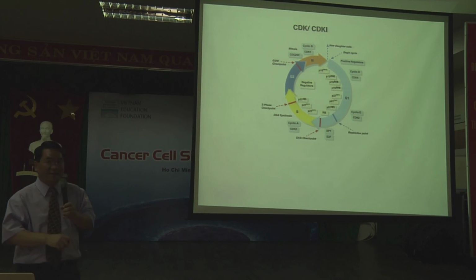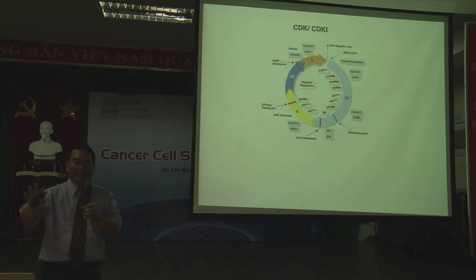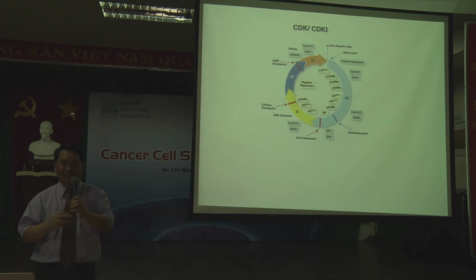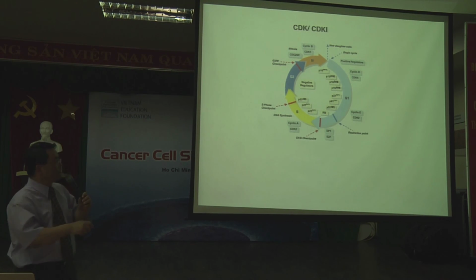So here, this slide here, to summarize all the ones I just mentioned to you, a cell cycle machinery. You just imagine every day you're riding a motorcycle. You control your motorcycle. But inside your body, every single cell is doing the cycling for you, okay? They have to go through all these processes, G1, S, G2, M, and the early G1 is controlled by cyclin CDK complex, but this cyclin CDK complex has to be controlled by a brake system. For example,